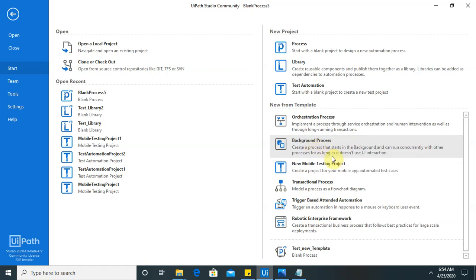These are already customized and provided by UiPath. If you want to use your customized template according to your requirement, these templates are used to avoid the maximum steps used at the time of project creation.